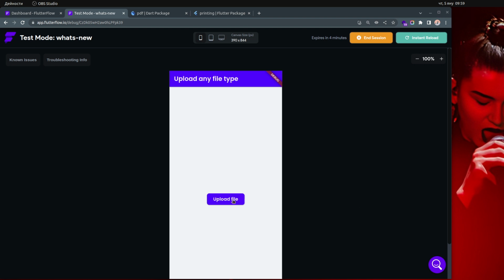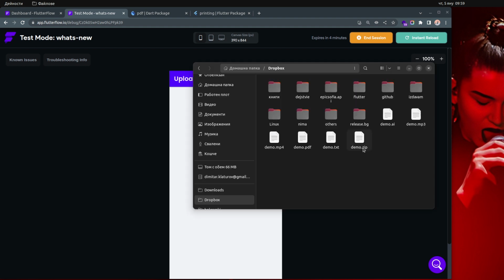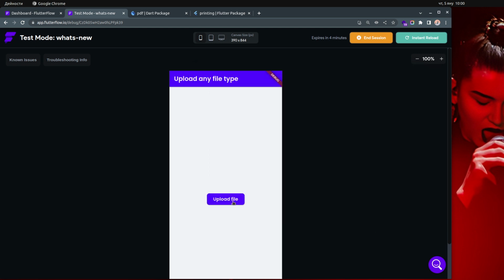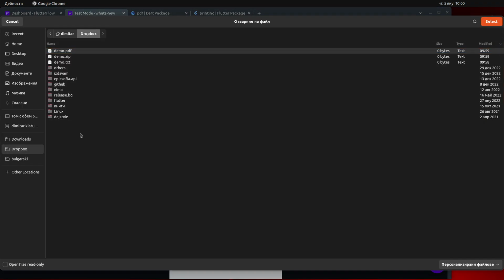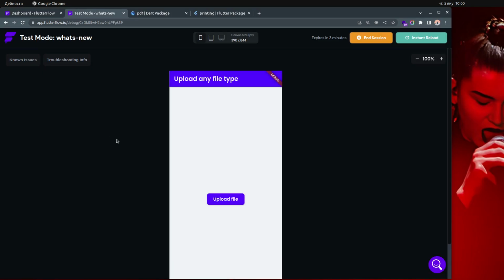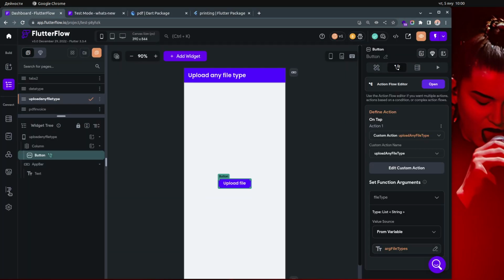When I click this button to upload a file, I should be able to see only the PDF, the TXT, and the zip file. The other files, I should not be able to see because I'm not able to upload them. So if I click this button, you can then go to Dropbox. You can see that I have only demo PDF, demo zip, and demo TXT file. And how I did that, when I go back to coding, this is the